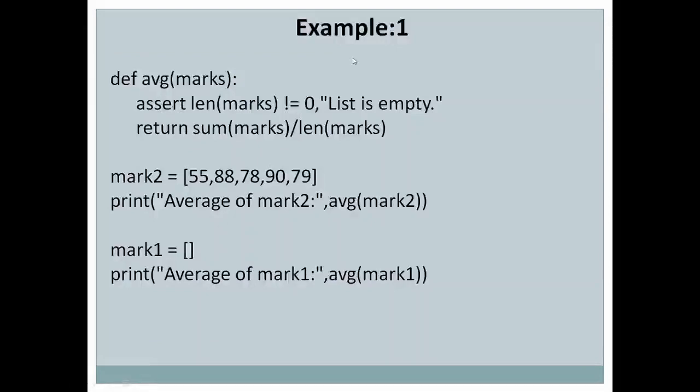Okay, let us look at one example here to understand how assert statement can be used in Python. We have a function here, average, which calculates the average of all the marks and returns it. And we have statements down here, that is mark2, which is equal to some set of marks. So we have created a tuple here with some marks, and we want to find the average of these marks. So what we have done is we have called the average function by passing the variable mark2 as an argument,